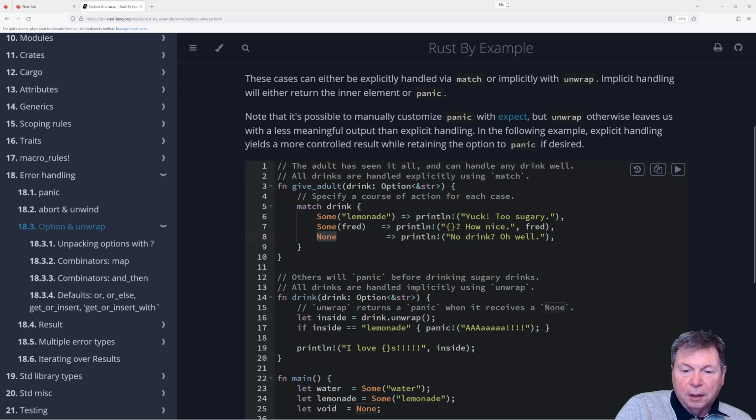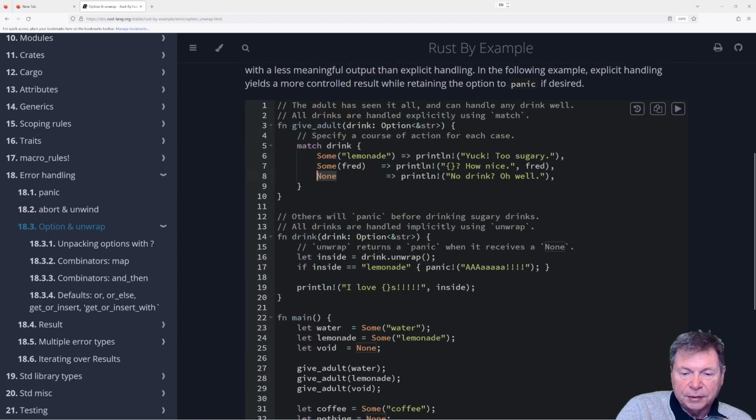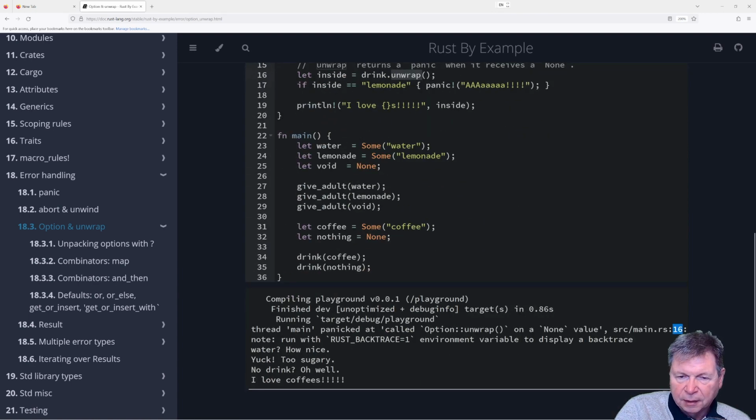Here, we'd panic on the eliminate, which we did not do. Instead, we skipped over that. Well, actually, we failed on the unwrap, right? Because it's line 16 that failed.